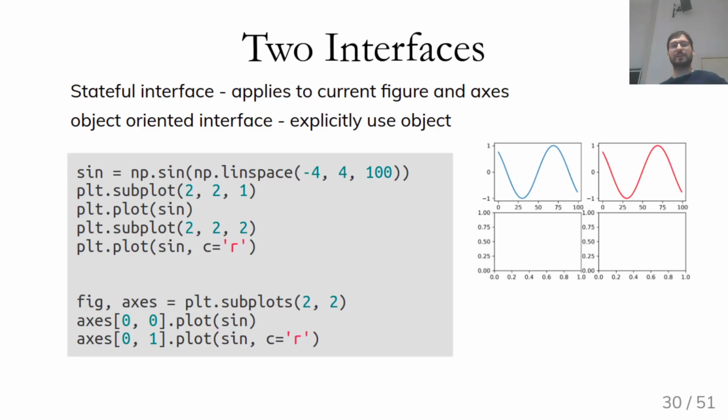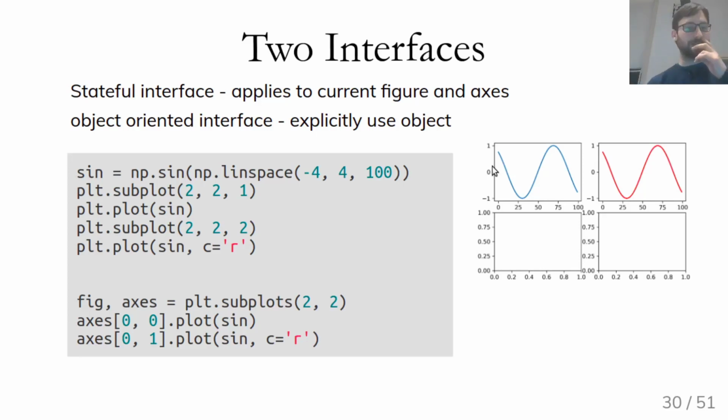If you call plt.subplot, it'll set the current axis. So it will create an axis and set the current axis. So, for example, I can say, oh, I'm going to create the subplot in a 2x2 grid at position 1, and then I'm going to plot into it. And I'm going to create it at the position 2, and I'm going to plot into it, and this time in red. And so these are the two plots that you can see. So this is a stateful interface,